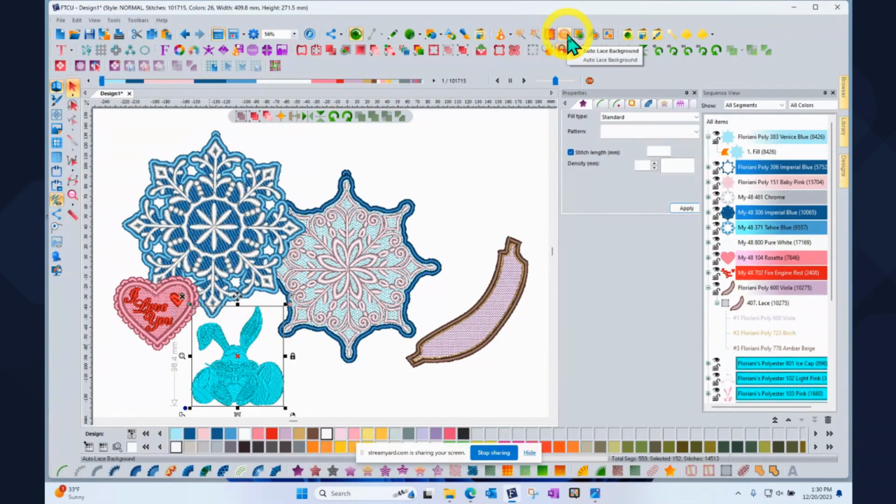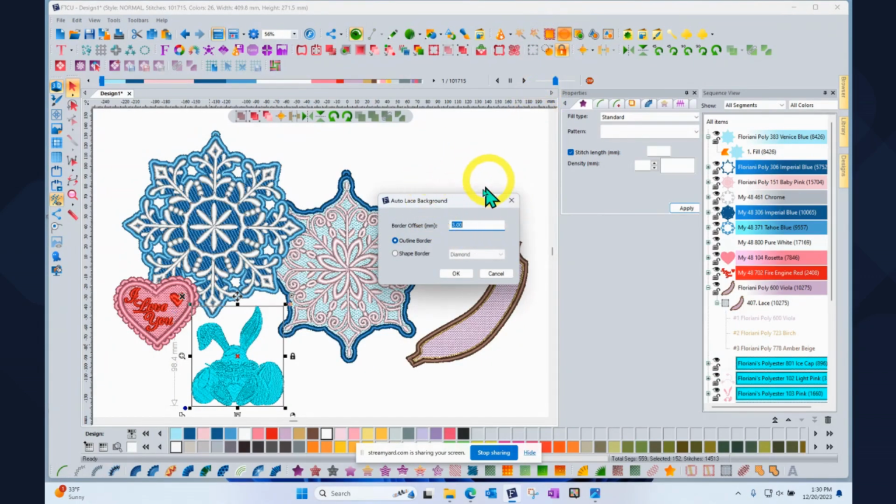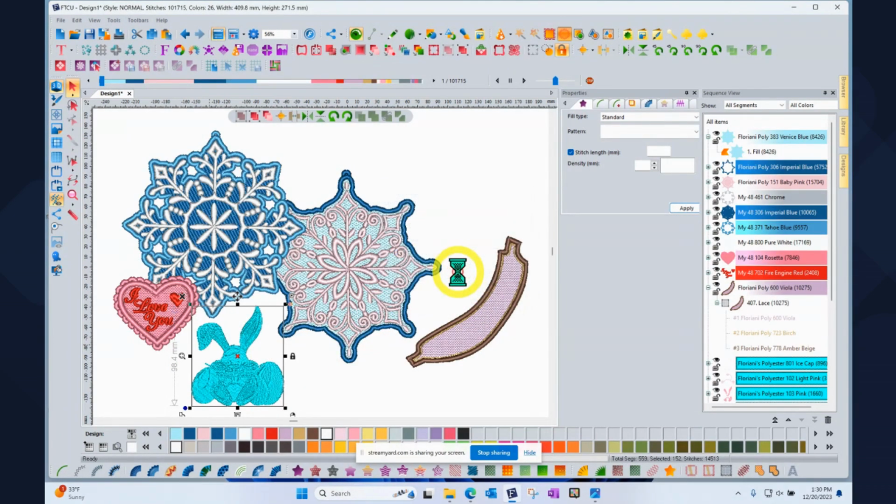So watch, if I click auto lace background, it gives me a little dialogue. And I guess the question is, how far around the bunny do you want the lace to go? You can outline the shape, or you can just put it on a shape. You could choose a shape like diamond or square or triangle. So if you want to make a diamond with your little bunny around the outside of it, you can have it make a lace diamond that would hang in the window and hold the little bunny on top,